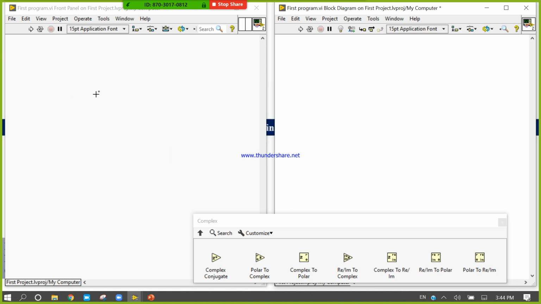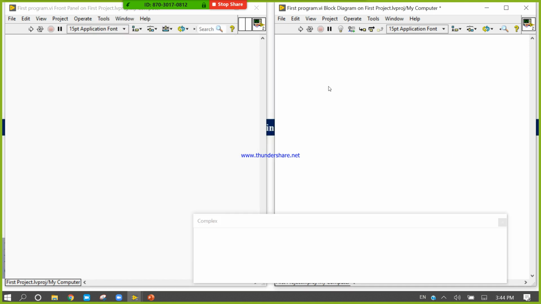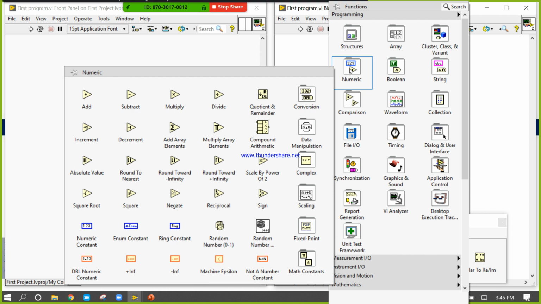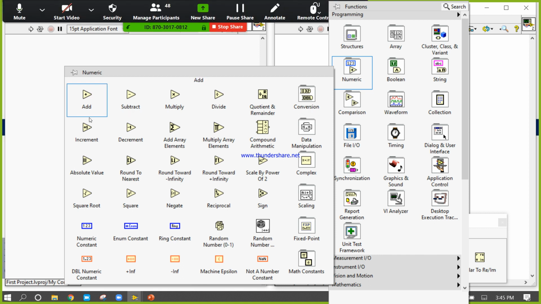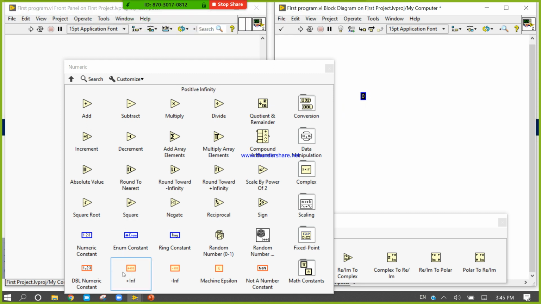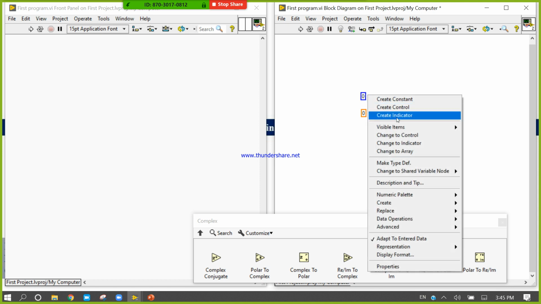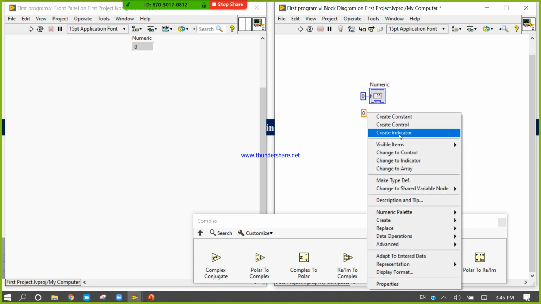First, right click in the block diagram, come to the numeric, and there is one numeric constant, blue color or orange color. Right click, create indicator.